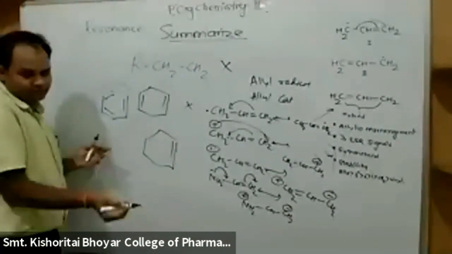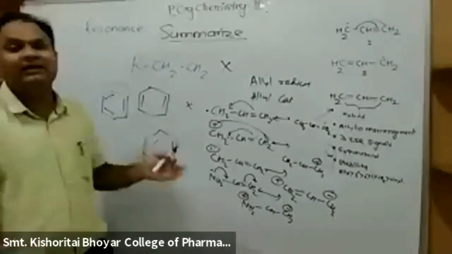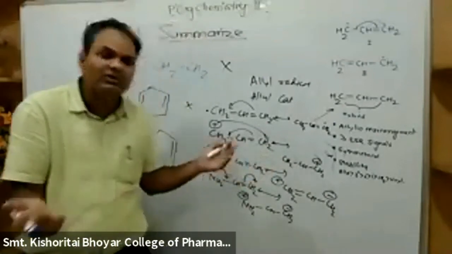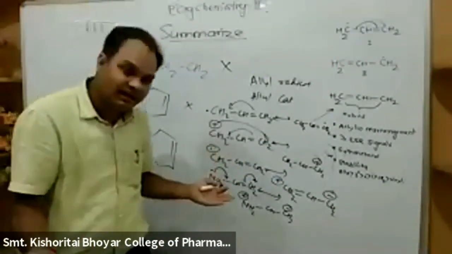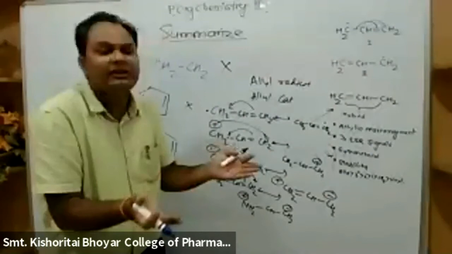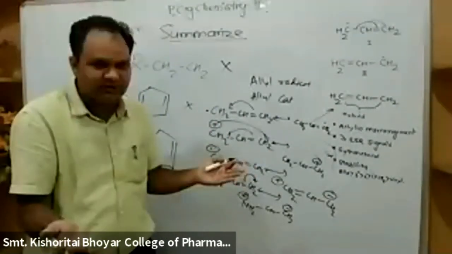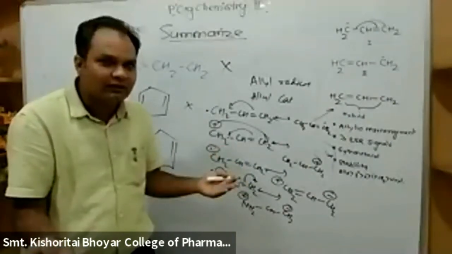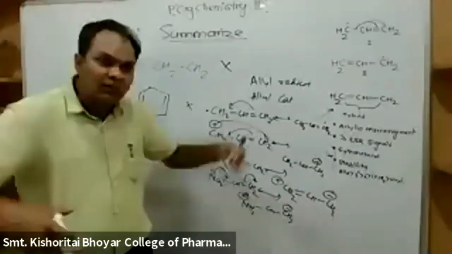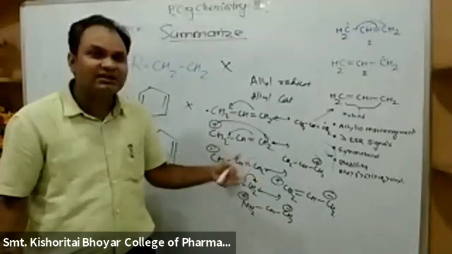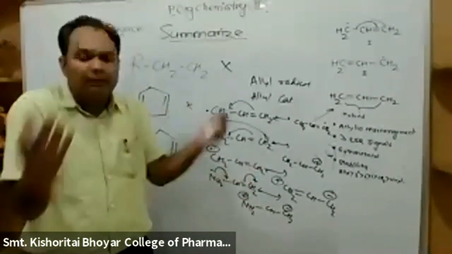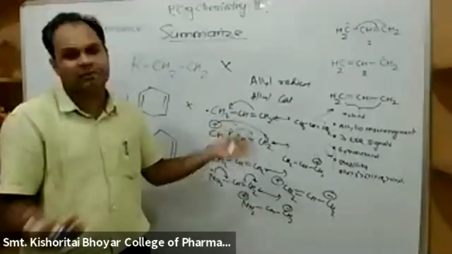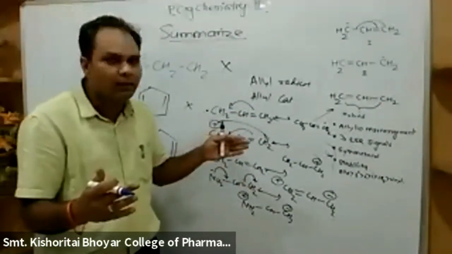Okay, did we ever think that the stability of the allyl radical would be more than that of a tertiary radical? Did we ever think that the stability of the allyl cation would be more than that of a secondary cation, or equal to a secondary cation? Okay, why does this happen? Due to resonance. Why? Because they contain pi electrons, shifting of electrons, different structures. Okay, the number of contributing structures. The contributing structures are stable and equivalent, so the stability of the hybrid structure increases. Hence, the molecules are stable. So this is in short about resonance.